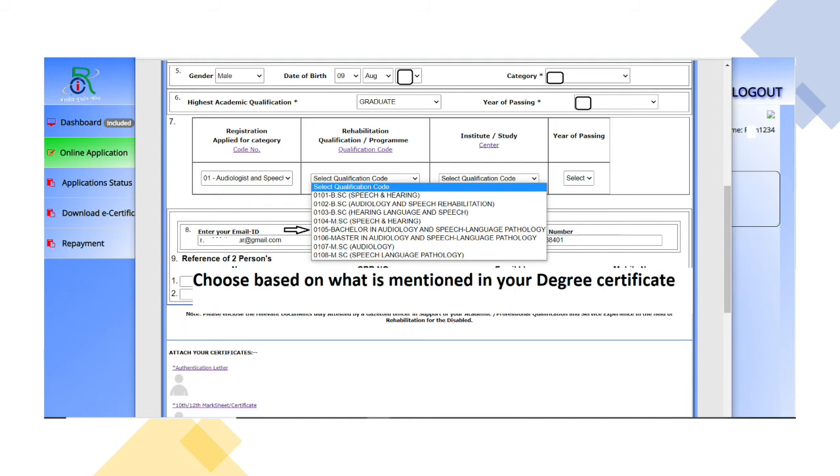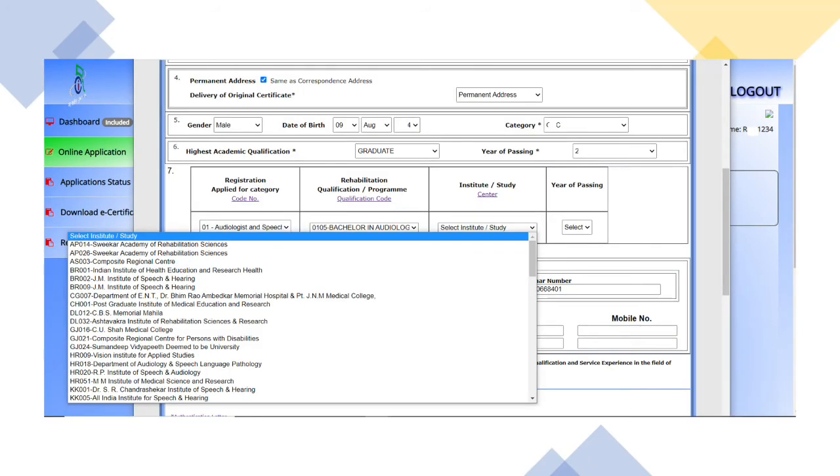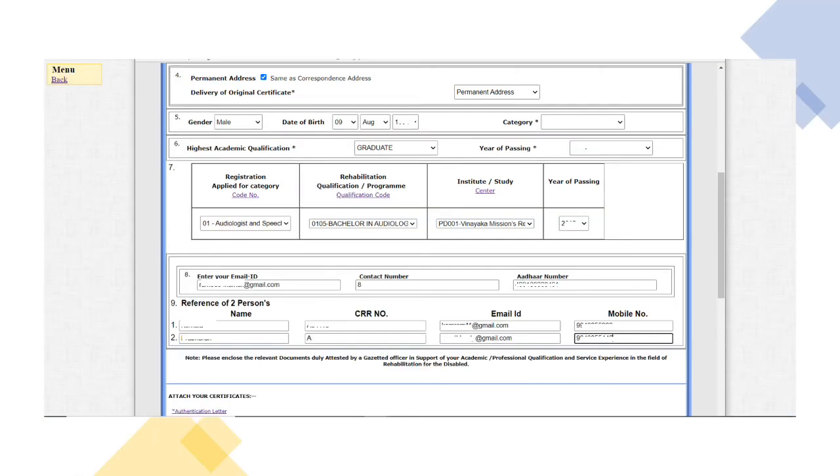So we selected that. And then it is going to ask you for the code of your institute. You will have a drop down and the list of colleges that offer this BSc or BASLP. We can find it easily because it's alphabetically arranged. It starts with AP. The first two alphabets denote the state or the union territory. AP is Andhra Pradesh, and then goes AS for Assam, BR Bihar, Chandigarh. So you can select accordingly. In our case, it was Pondi, so we selected PD, and then year of passing.